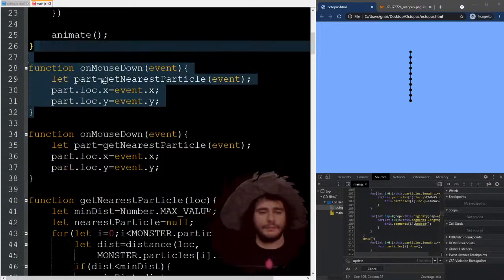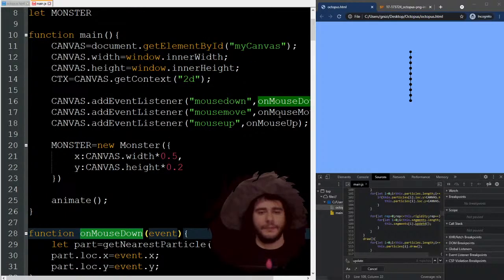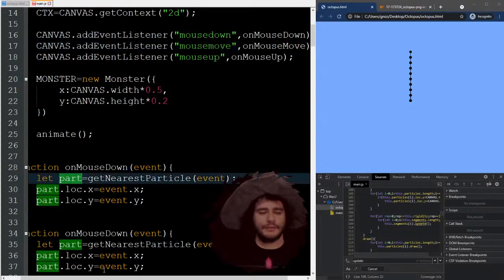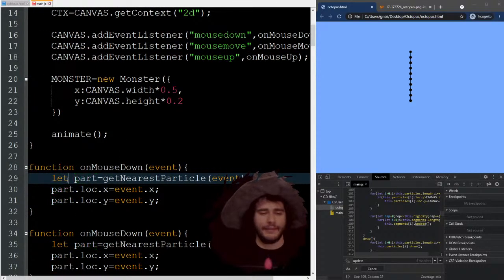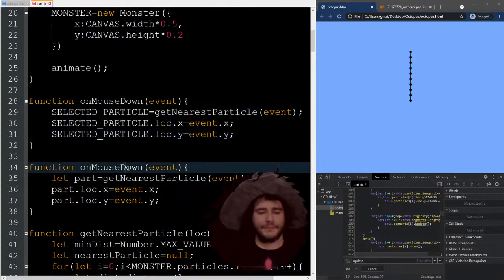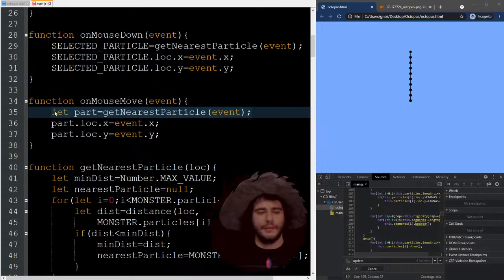And I have the mouse down here, but I need to do the same on mouse move, if the mouse has been down. Okay, yeah, I'm just gonna make this work somehow. So selected particle is that, on mouse move, if